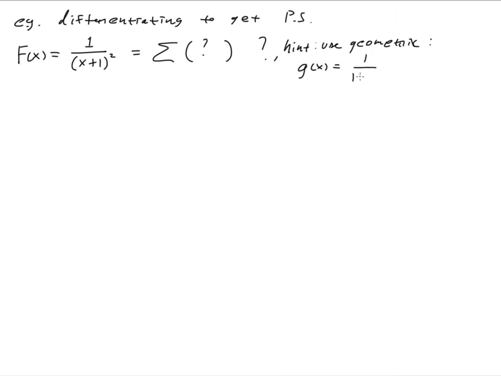It's 1 over 1 minus x, and it's equal to, I'm sure any student of sequences and series knows this one, probably by heart, the sum of x to the n, with the proviso that the absolute value of x has to be less than 1. All right, and then I'm going to give another hint, and on an exam problem, I would probably give you all of these hints,